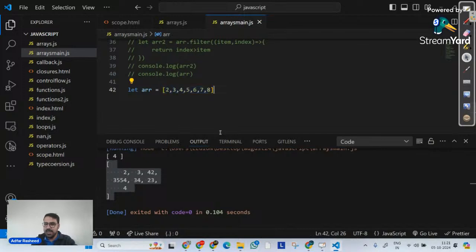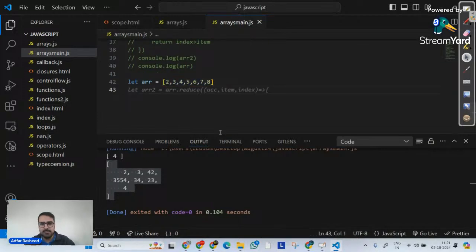Now I will pass the proper syntax over here like this. Okay, let's see how it works. There is one other argument that my internal callback function receives. Until now we can see item and index.